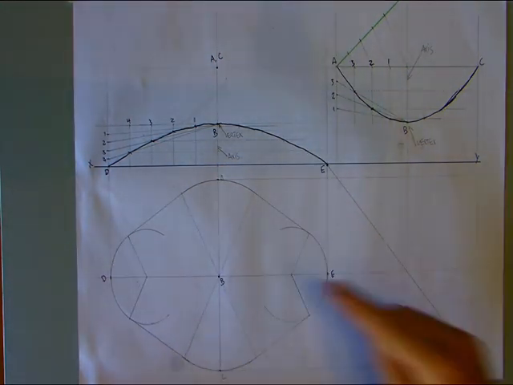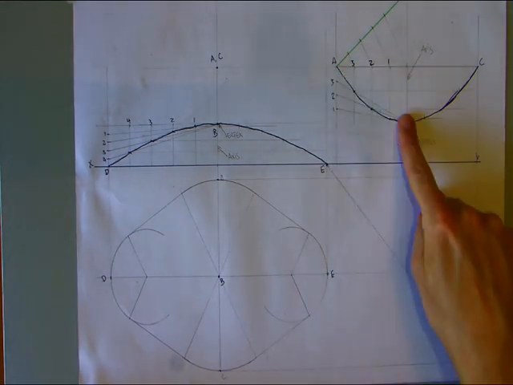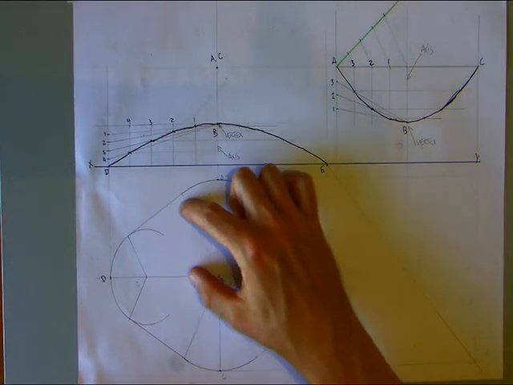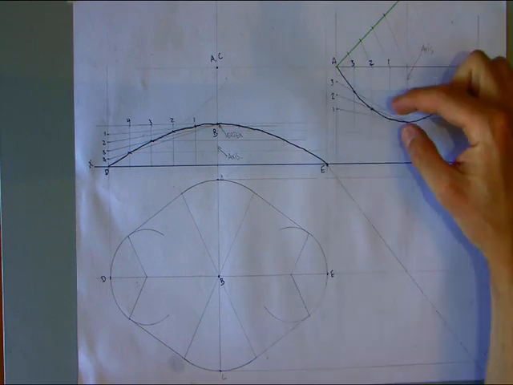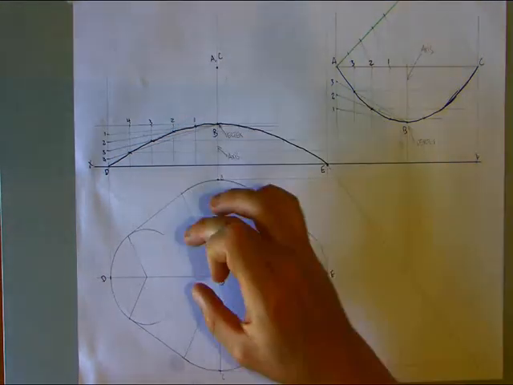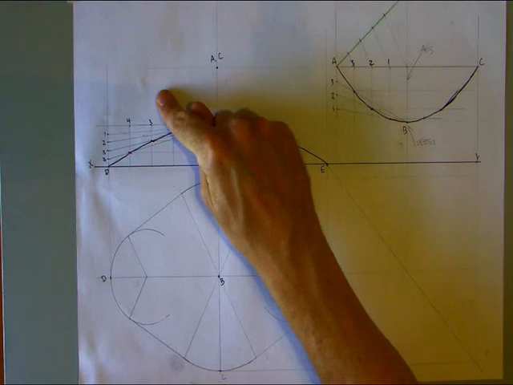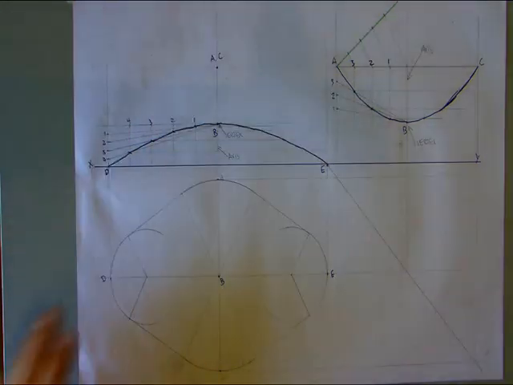If we look, the measurement from A, B to C is the same as a measurement A, B to C. So the width that is here is corresponding to a width here, and with that information we can know a height. That height then corresponds here. So the width information finds you a height, which you then use on your front elevation. Okay, so I actually have 1, 2, 3, 4 divisions here. What I'm going to do is use those divisions